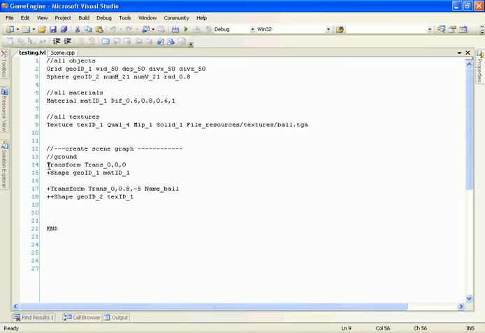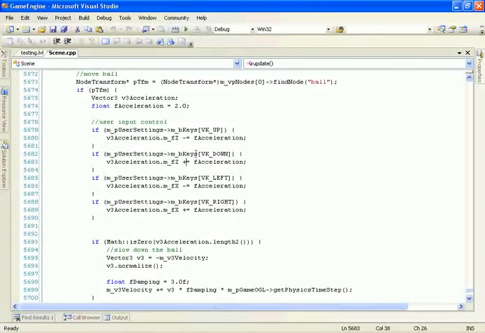And then here's our structure for our scene graph. We have just a transform with our shape for our grid, and then a nested transform named ball, which is what we're going to be controlling in this VMK. So let's take a look at the source code, and inside of the scene class, inside of the update function,